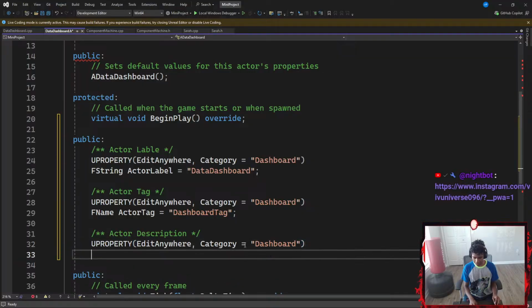And then let's go with something like an F text. Now, what is F text for? Let's see, I'm glad I made these notes. It's for UI text shown to players. Oh, I see. So I'm going to display this text on my actual Unreal Engine window. Let's go with something like F text, which is going to be represented by a local variable called actor description.